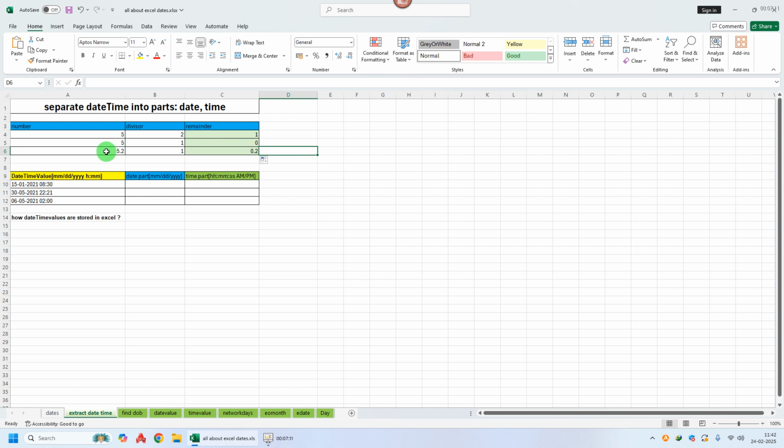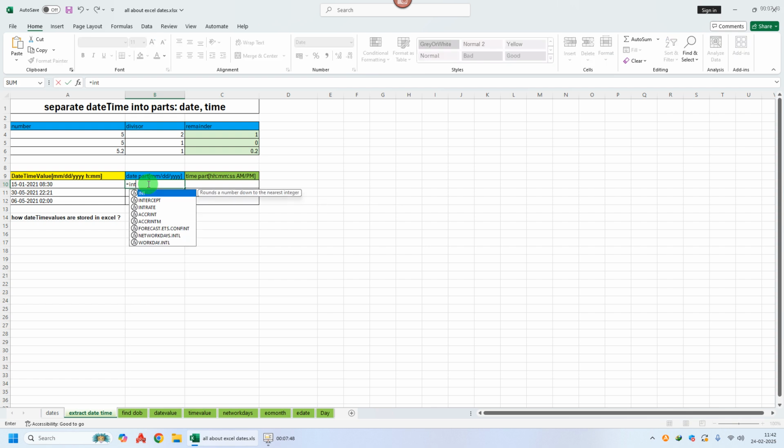So we come to know that when we get the remainder of a number which is in fractions, like 5.2, then we get the fraction part of that number as the remainder. So here also the same theory applies. Suppose this is a time value like MM/DD/YY and hour colon minute. I just want to see what the date part of these numbers is. So I can simply use this function INT for the integer part of this date,